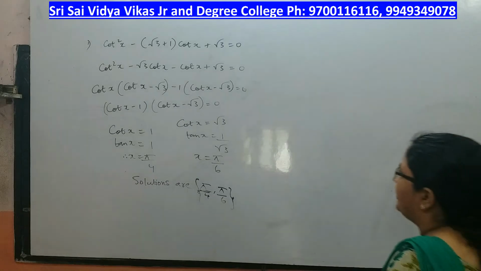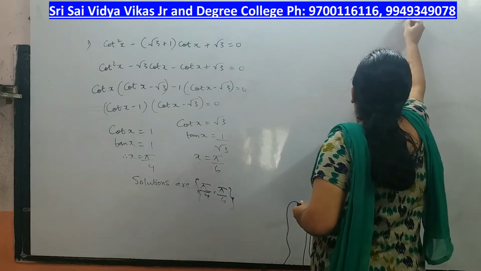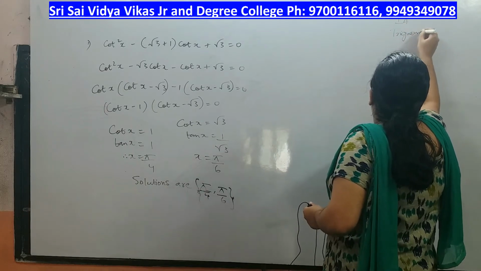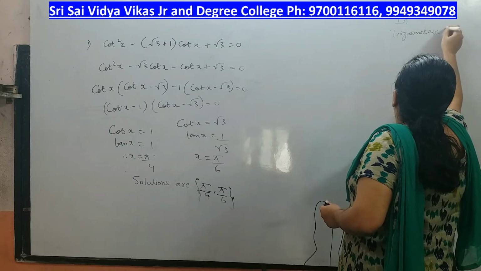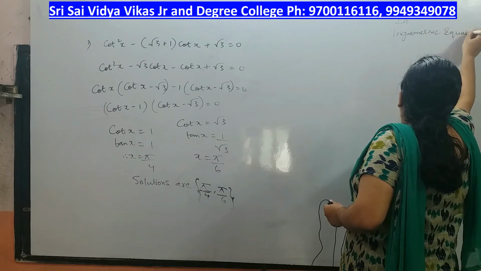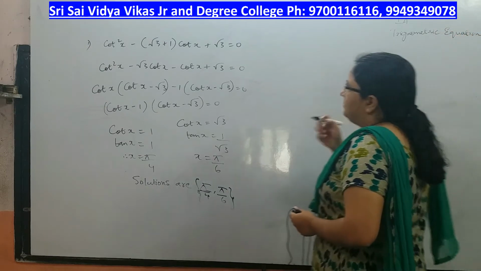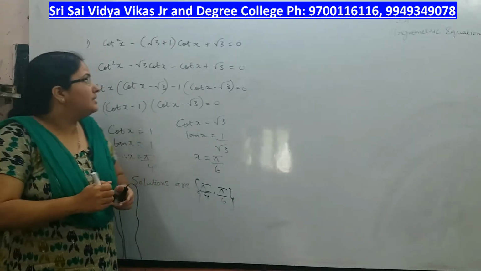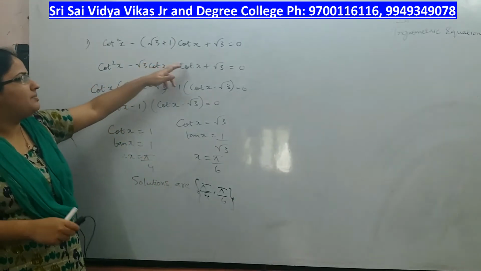We are doing trigonometric equations. Our first problem for today: cot square x minus (root 3 plus 1) cot x plus root 3 is equal